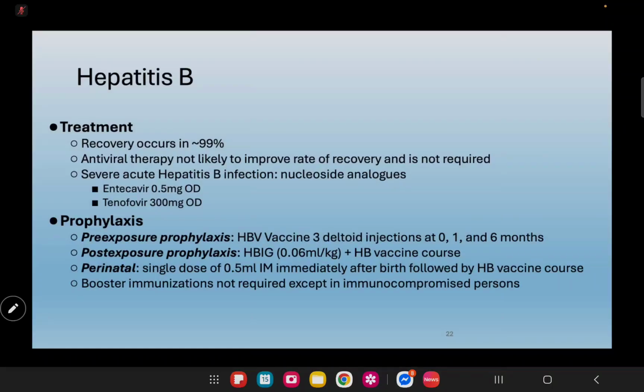How about the booster? Okay? Booster doses are usually not routinely required, except for immunocompromised individuals. Okay, so some would get a titer. If they still have titer for hepatitis B, then they may not get the injection. But in the majority of cases, if you have completed the 3 doses, you do not need a booster. Except again, if you're immunocompromised, because you cannot really produce enough antibodies. For example, cancer patients on chemo, HIV patients, and other patients with immune system problems.